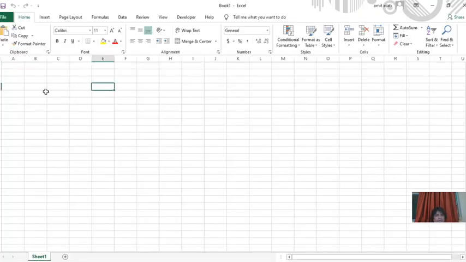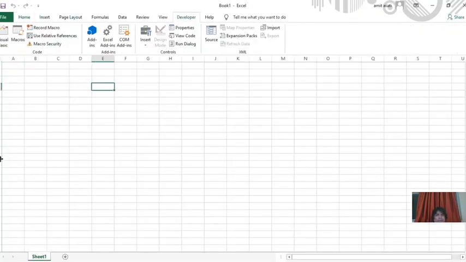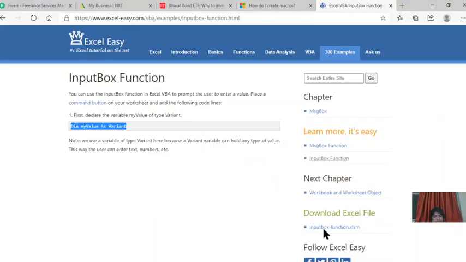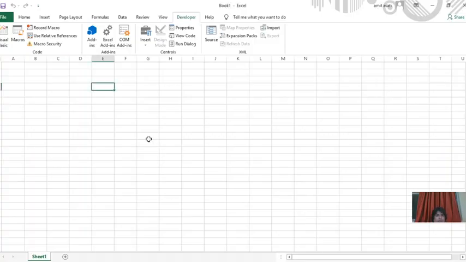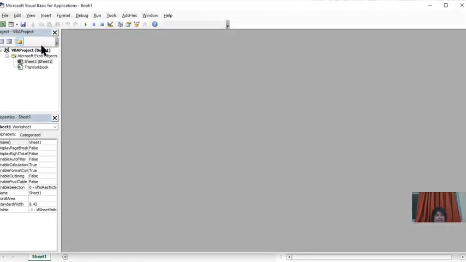Apply this to a new workbook. This is the Developer tab, and in Developer, there is Visual Basic, macros, record macro. In the record macro, we copy, and we will go to the Visual Basic editor.